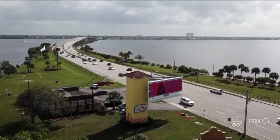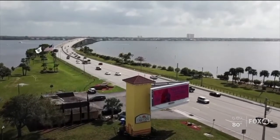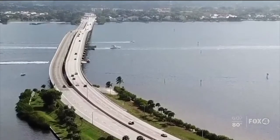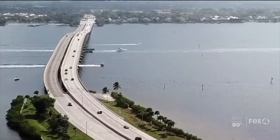And we don't have any bridges that have easy and safe access for bicyclists or pedestrians across the bridges. Carolyn Conant, a bike and pedestrian advocate, will be going before the Cape Coral Transportation Committee next week. The purpose is to present design concepts for the upcoming Cape Coral Bridge construction on the westbound span, scheduled to